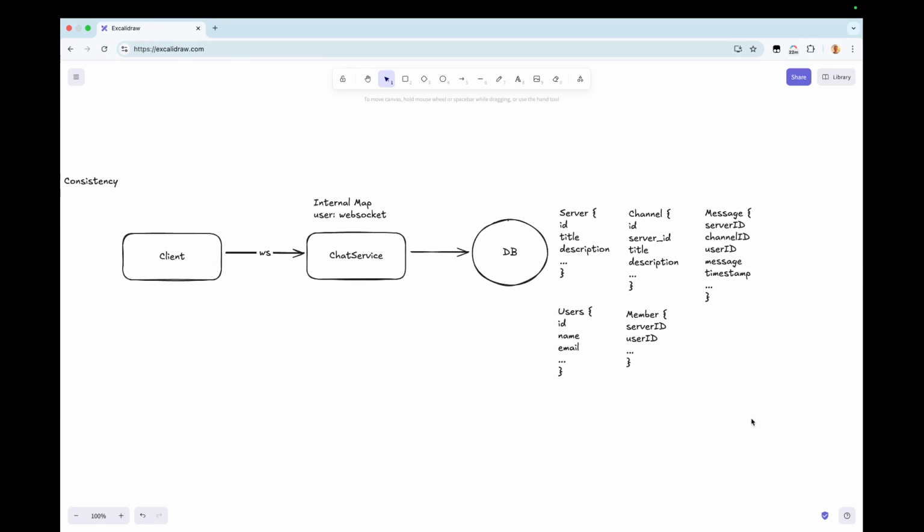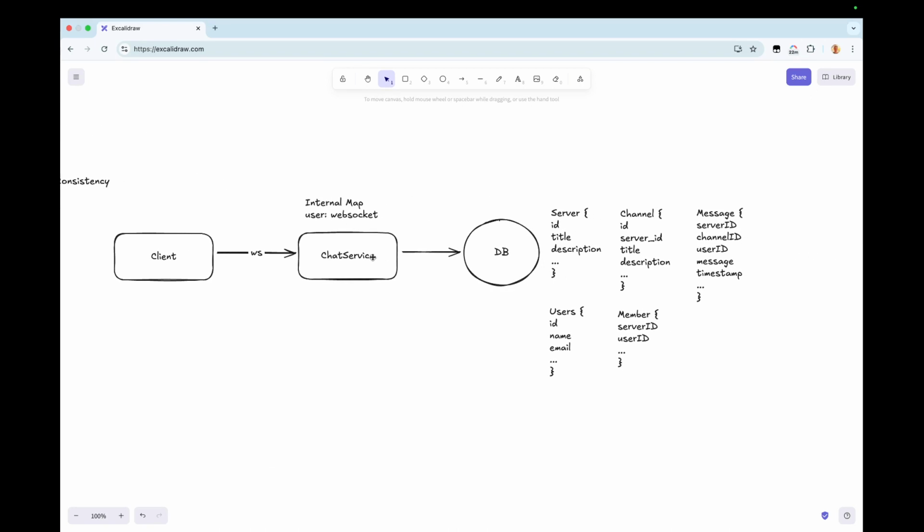of those messages. And so we can open a WebSockets connection with chat service, which will then make a query. Basically we have the cursor ID. We'll check first if the user is a member of this server and channel, and then if they are a member, we can collect all of the messages ordered by the timestamp for that particular user.